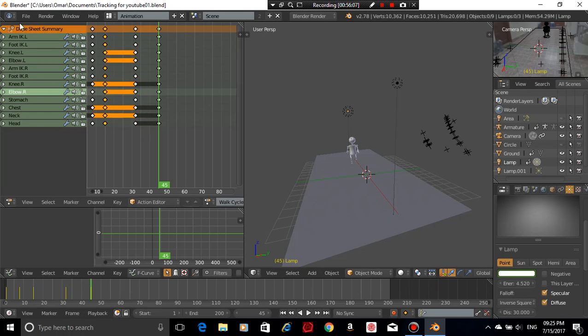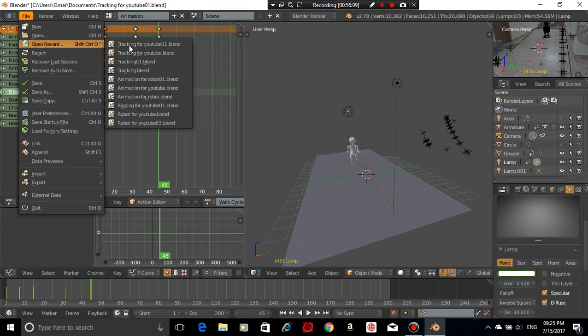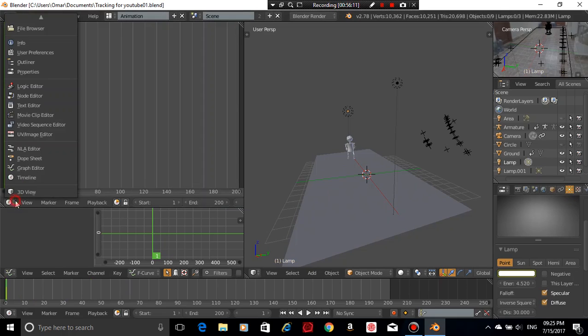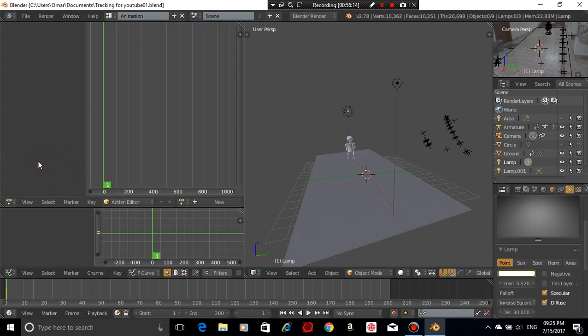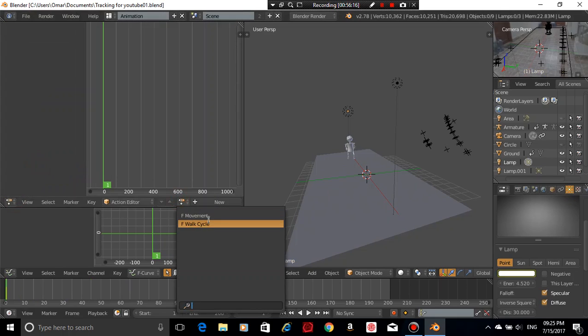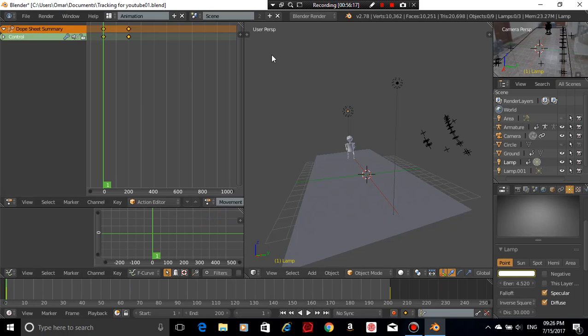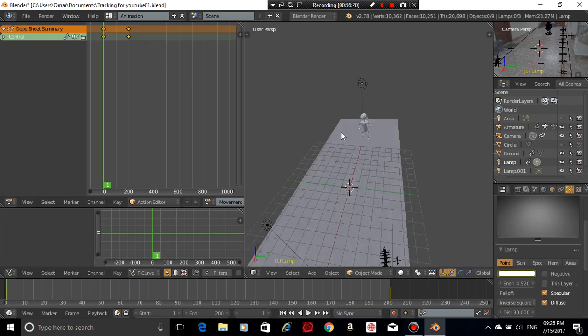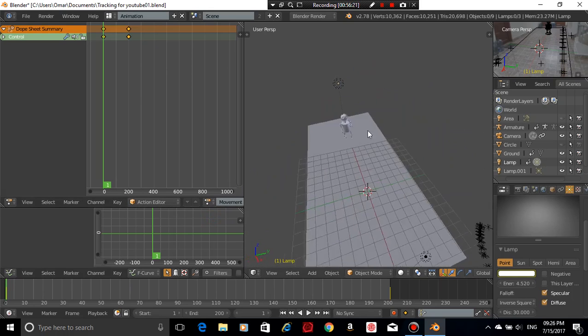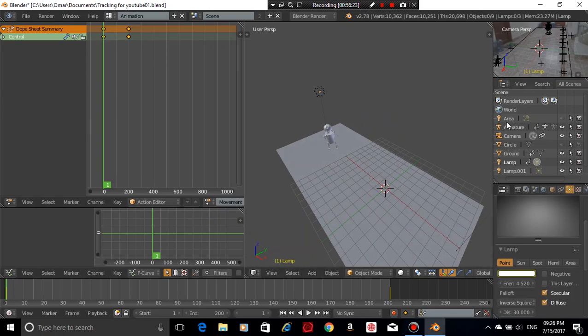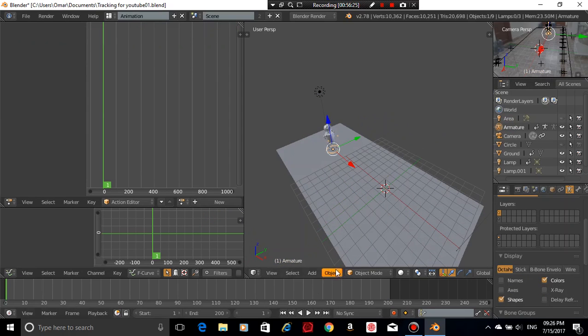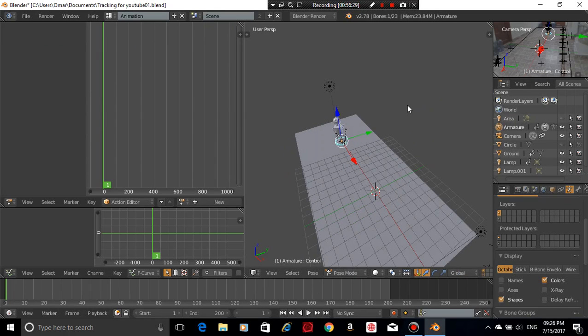I see. I'm going to open back my file. From there, I'm going to the dope sheet. I'm going to adjust the movement, not the walk cycle. The walk cycle is just a walk cycle. You don't need to adjust it. Now for the movement, I'm going to select the armature. I'm going to pose mode. Okay, so for the movement,